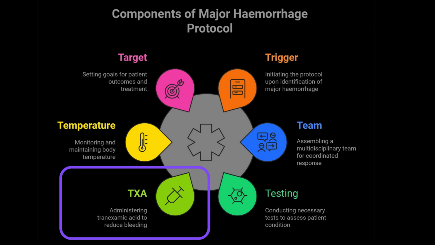This medication plays a key role in stopping blood loss and improving survival rates. It's essential that tranexamic acid is administered within 3 hours of the injury. The earlier it's given, the more effective it can be in preventing excessive blood loss. The protocol involves an initial bolus of 1 gram of tranexamic acid followed by an infusion of another gram over